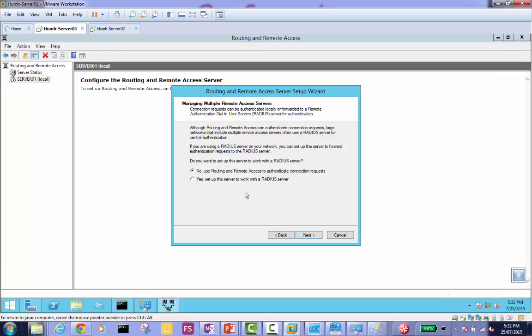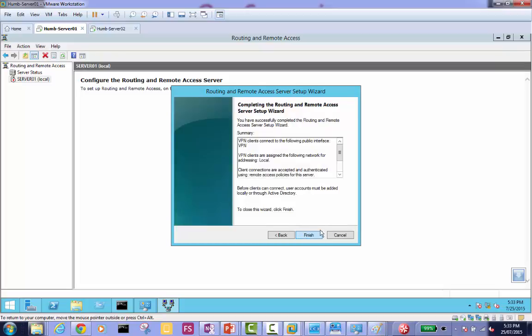On RADIUS, Microsoft, mostly it's Cisco based, but if you have this concept clear, this is RADIUS, right? So we'll keep it No and go ahead, click Next, and then Finish, and there will be an error. Just ignore that too.